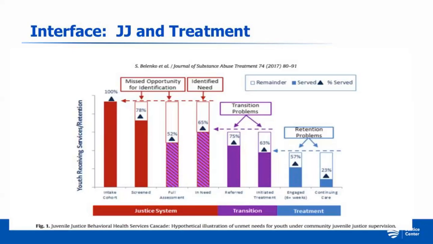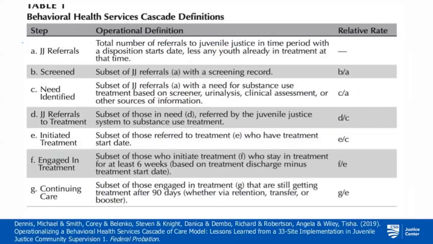And then the group that worked on this particular JJ trial study essentially came up with and defined each of these phases. So I provide this to you, and we're going to be sending you an article that Mike Dennis wrote that gives out all of this information, because next time we're going to be talking about how to develop this cascade in your jurisdiction.